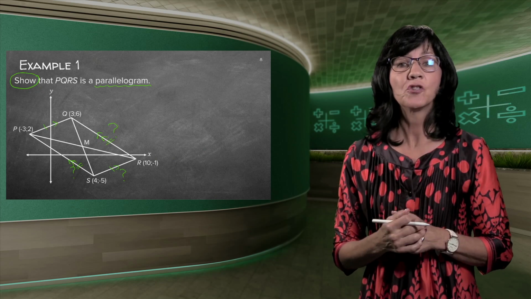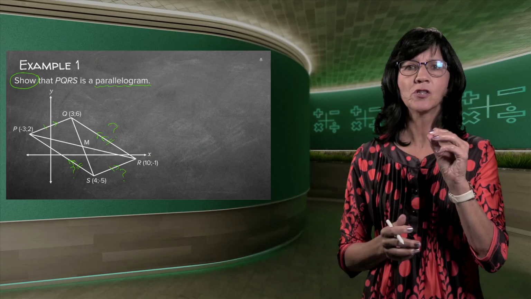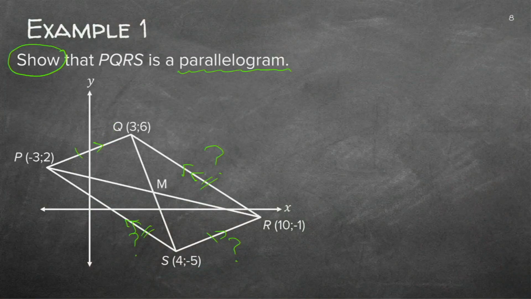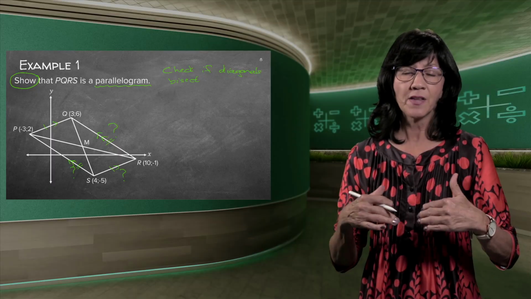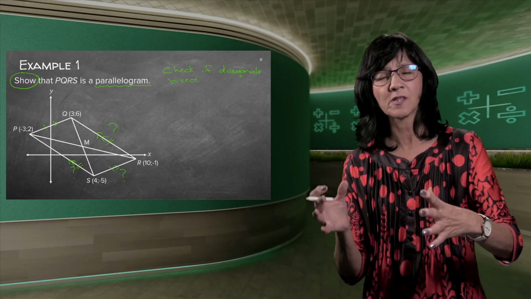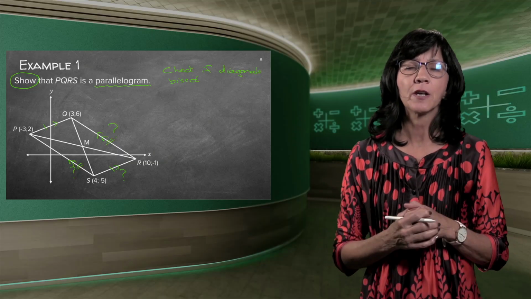Or we can just check one of the properties. And the easiest way, I'm going to write it here. Check if diagonals bisect. Because if the diagonals bisect one another, I do know it is a parallelogram. It can be any other thing as well, but remember they only asked me a parallelogram. If it's one of the others, I need to check angles or equal sides. For a parallelogram, I can just check if the diagonals bisect.